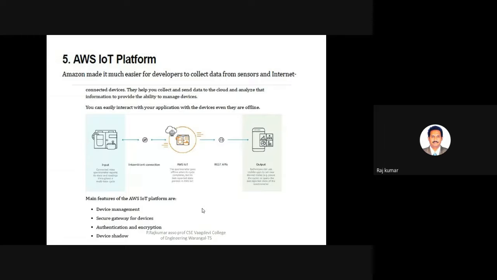And especially we have device management. Device management means you can add a device into the network, or you can remove the device from the network. These are the features of the AWS IoT platform.